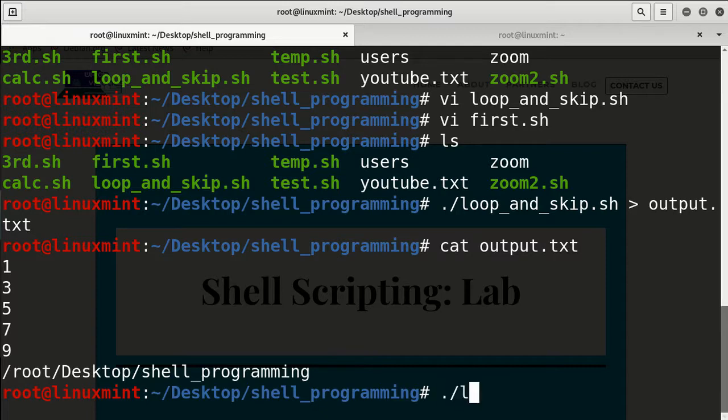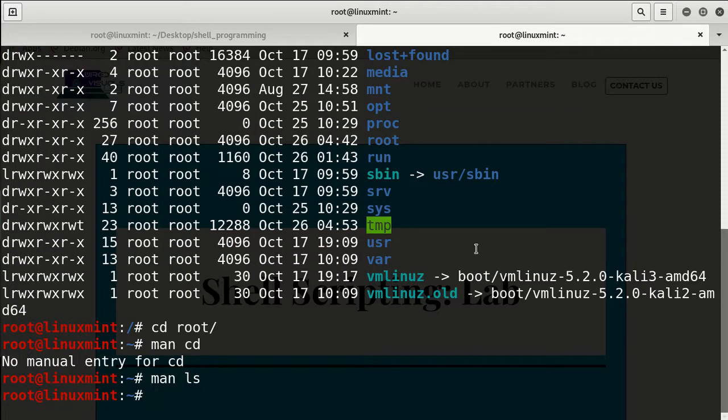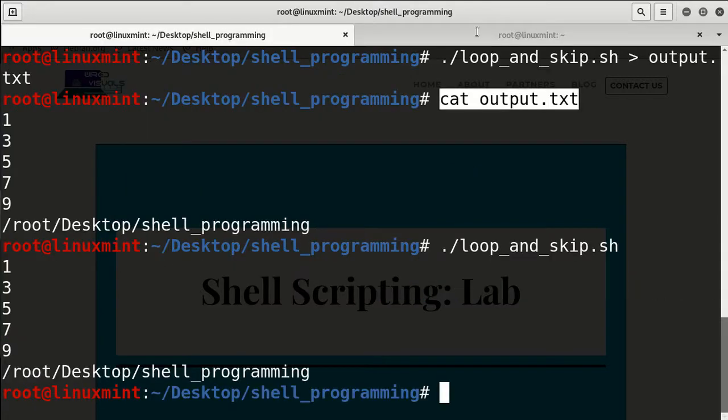If we run it again, you'll see these are identical, but now this is the output of the file, and this is how. You would use the greater than sign to send the output, and for the input you would use a less than sign to actually get input from that file. Awesome. So basically this is it.